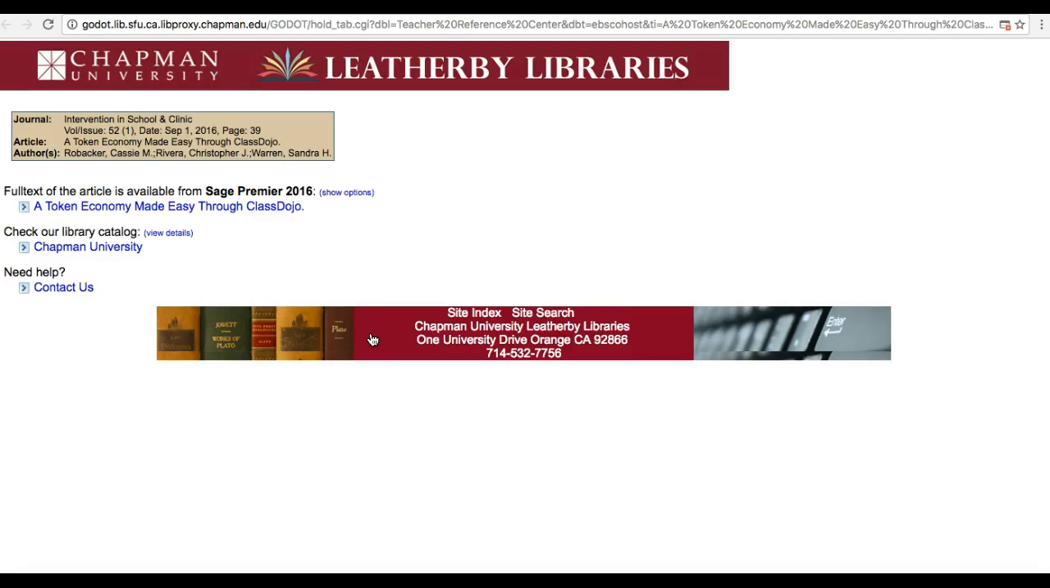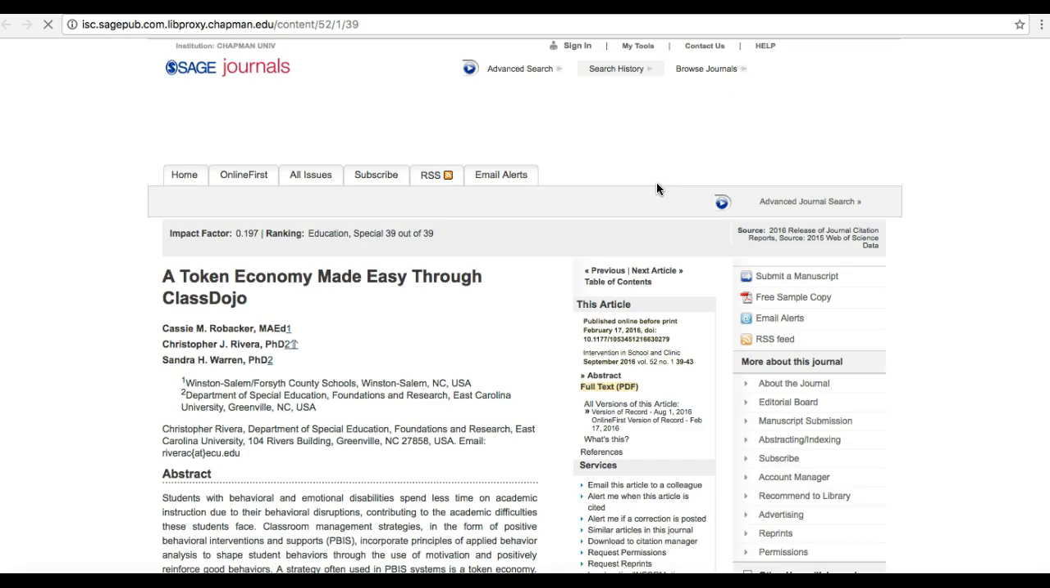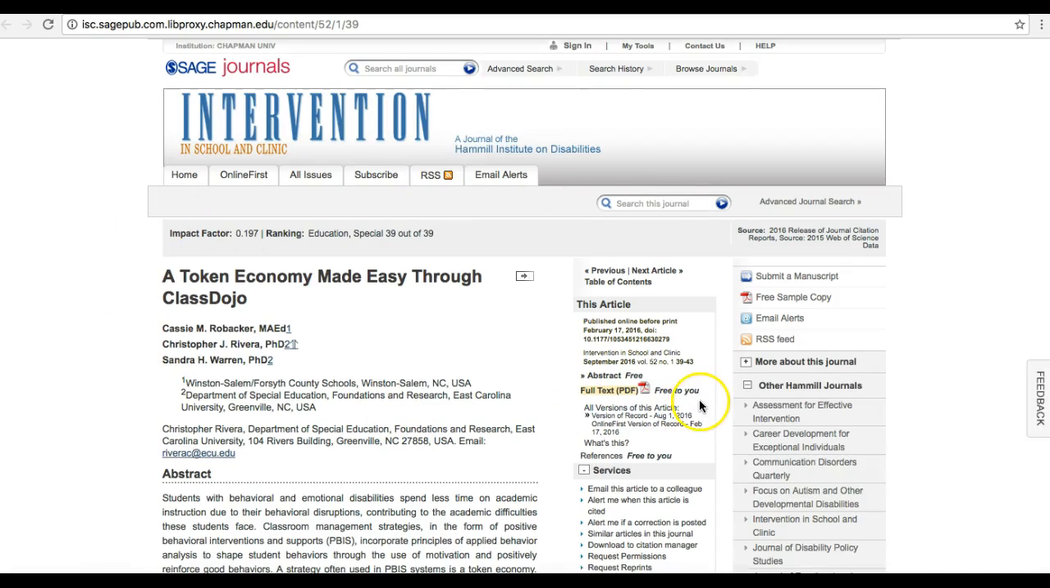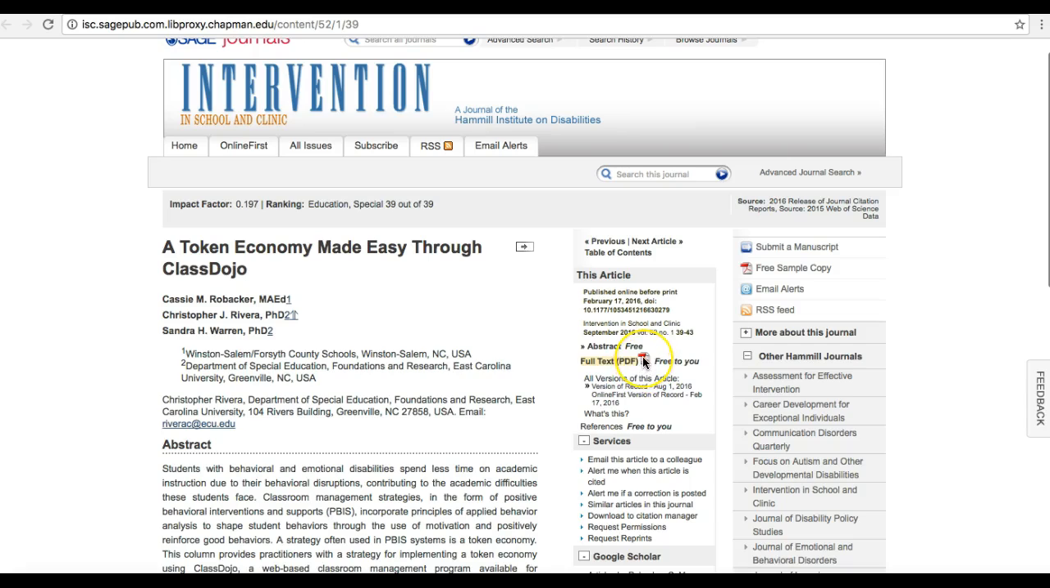So for example here, token economy through Class Dojo, you can see right here, look, oh my goodness, even though initially it didn't come up with a direct link to a full text PDF, I can go through here to Sage, it comes up here, and look, here's the full text PDF free to you. This is probably the biggest reason that I recommend that you do your search through the Leatherby libraries. Your tuition pays for you to access a lot of journals that if you use things like Google Scholar, which is fine, you're going to hit paywalls and you're not going to be able to access the full article like this. Whereas here you can,